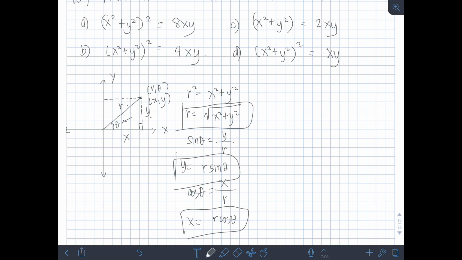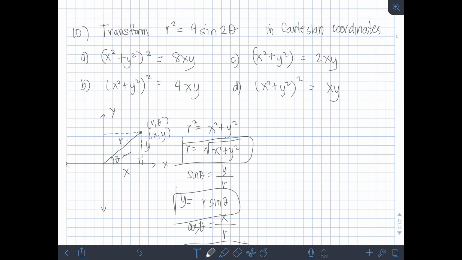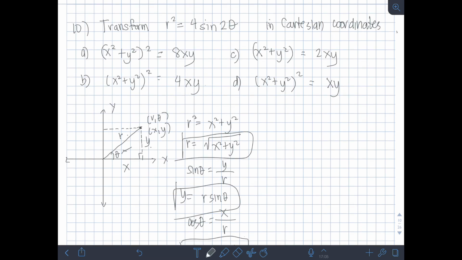Okay? Now, let's apply this to convert this polar coordinate equation into Cartesian coordinates. So, r squared equals 4 sine 2 theta. Now, r squared is equal to what? To x squared plus y squared. So, let's substitute. x squared plus y squared equals